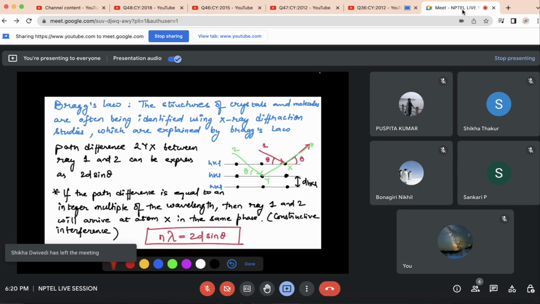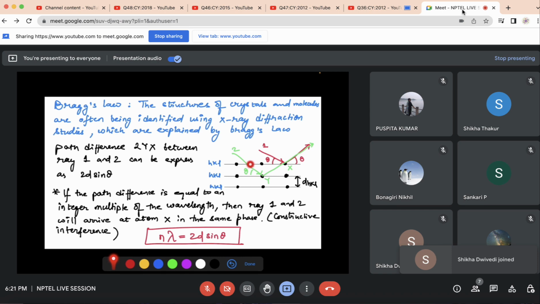So when the ray, that is the X-ray here, is incident on the given crystal, like for example X-ray 1, if it strikes say atom X here, then it will get reflected, and the theta angle is the angle of reflection. Okay, so this is theta here and this is theta here. But if it misses some atom in layer 1, it goes into the depth of the crystal, up to layer 2 for example, and then gets reflected from atom Y,